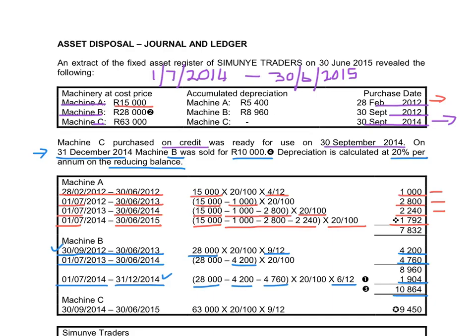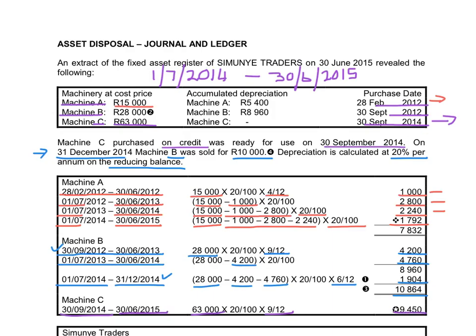10,864. On machine C, we purchased during the current year on 30 September 2014. We will calculate depreciation up to the end of the year. The cost price of machine C is 63,000, and we will calculate on the 63,000 for 9 months, and that will give me